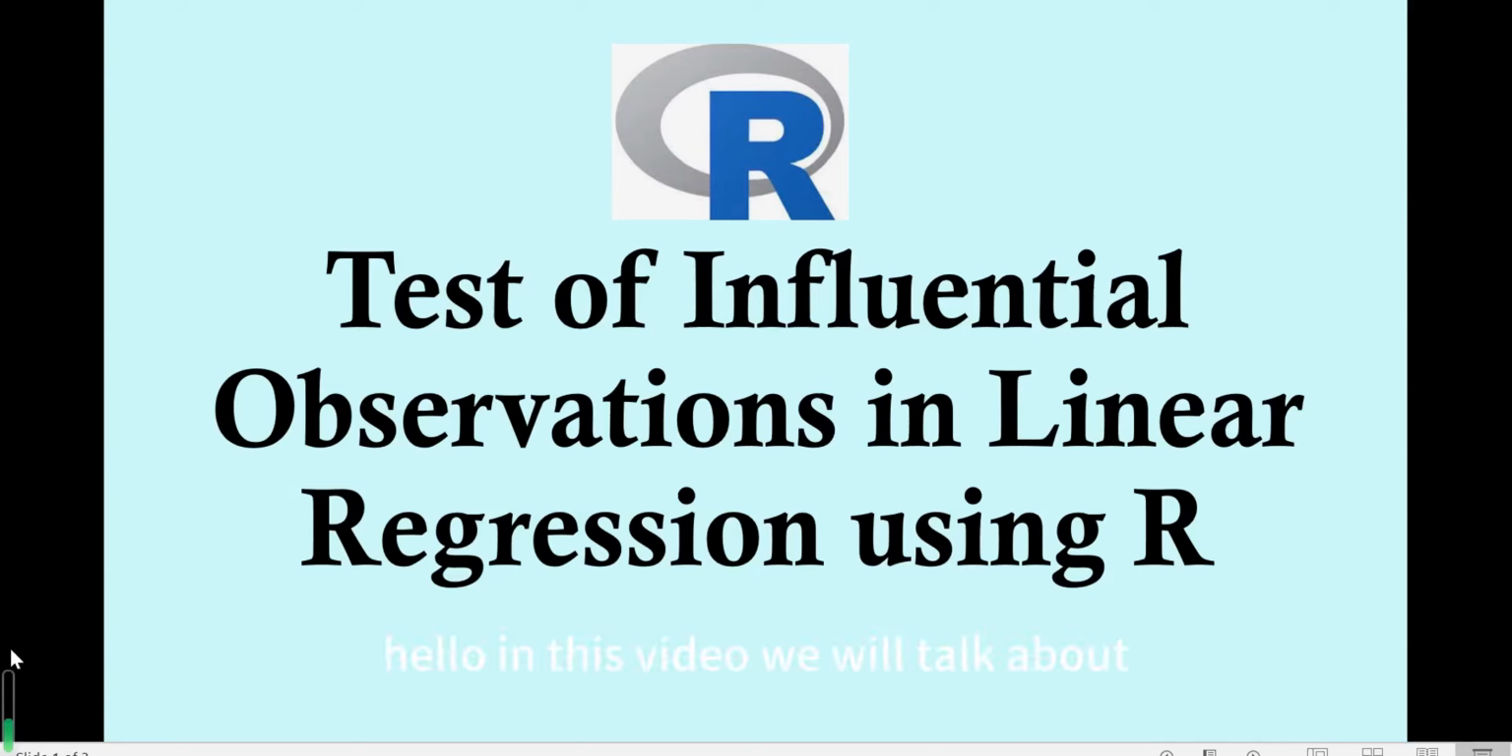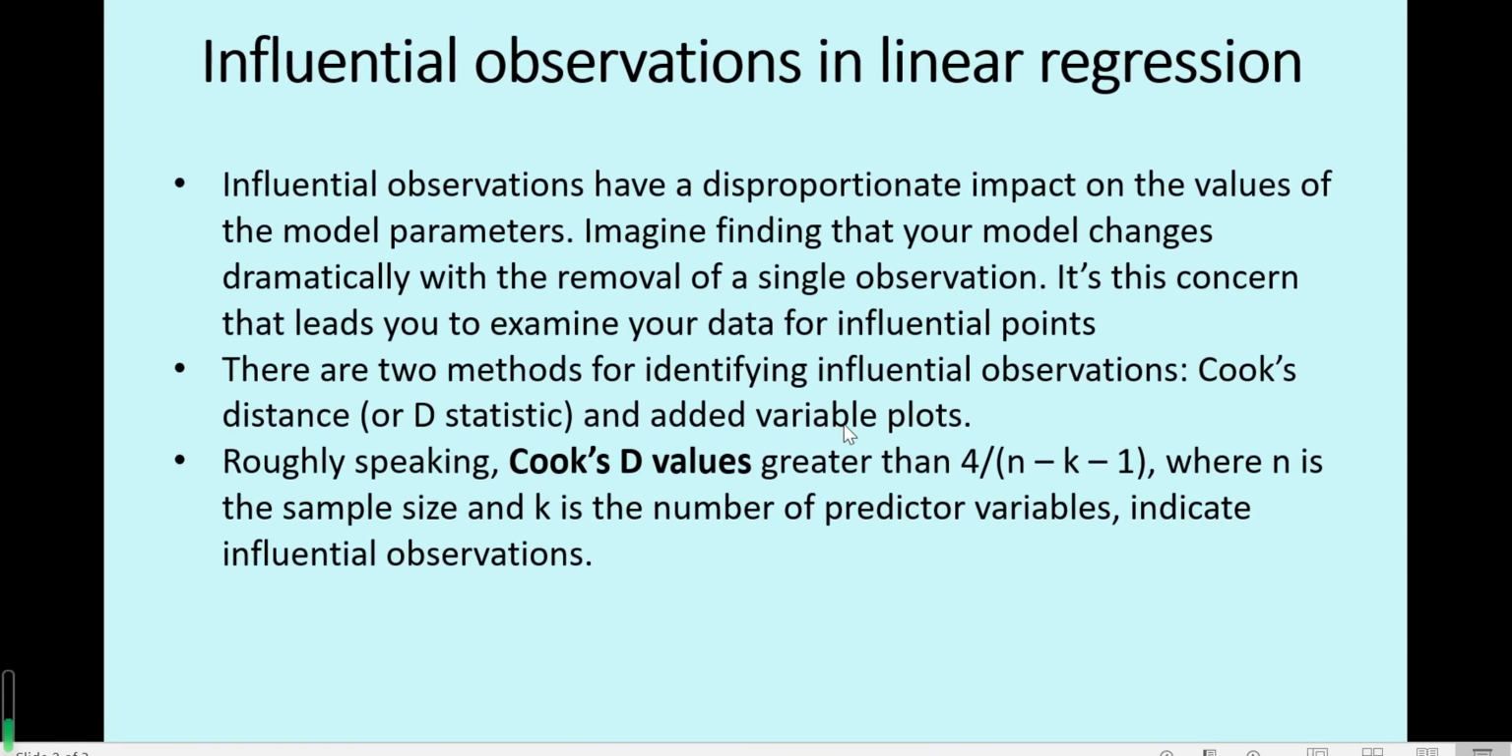Hello, in this video we will talk about testing for influential observations in linear regression using R. So we know what influential observations are. Influential observations are those points in a linear regression that have a disproportionate impact on the values of the model